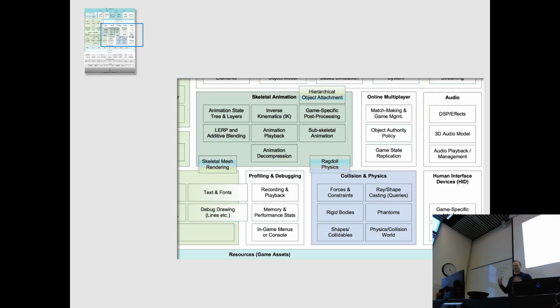They carefully made really nice animations for running and shooting and jumping, all this stuff. But then at the moment of being hit by someone else, they quickly switched over to the ragdoll physics, which then took over the skeleton of the character at that moment, and then calculated, here is the force